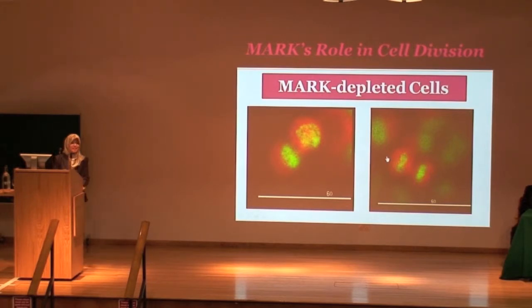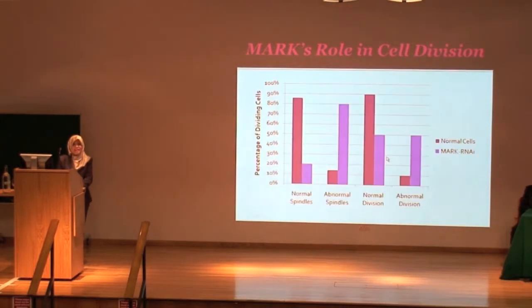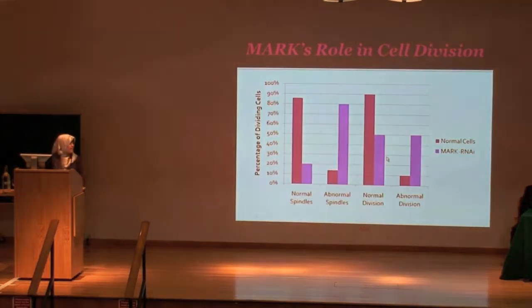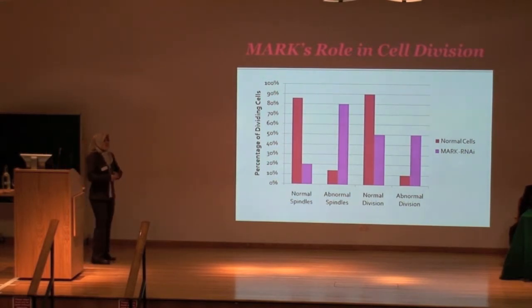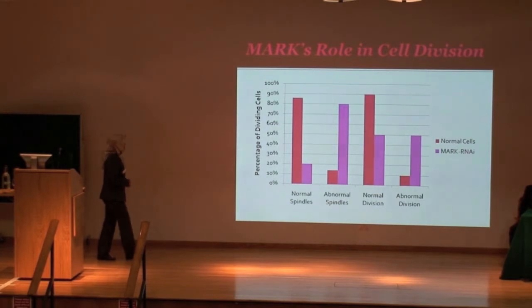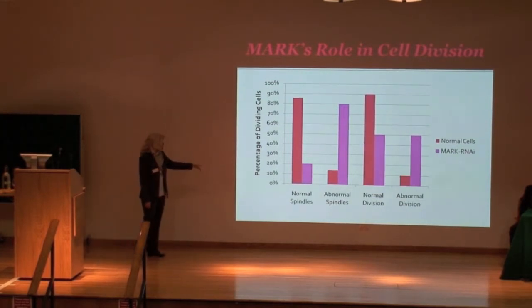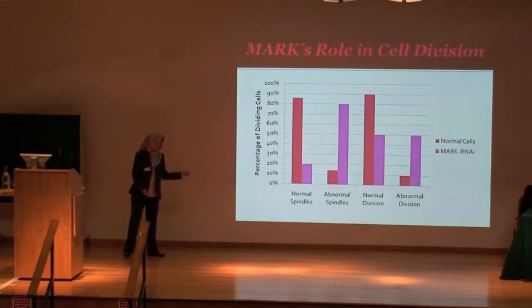Unfortunately, in science, it's not enough to just look at one cell and say, oh, that happens when you do this, so this must be caused by that. What you have to do is look at hundreds of cells and take a summary of what you see and try to get your results. To get this, I looked at about 400 cells maybe and divided it into two data sets, spindle phenotype, and